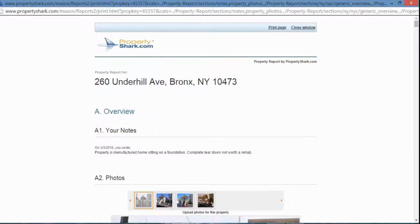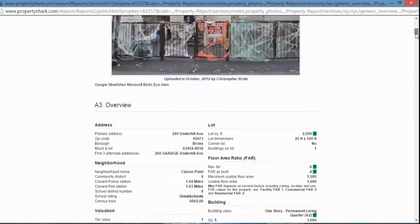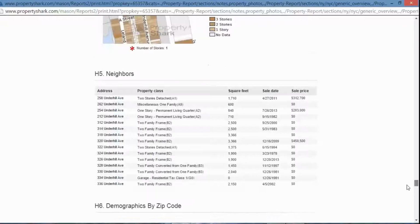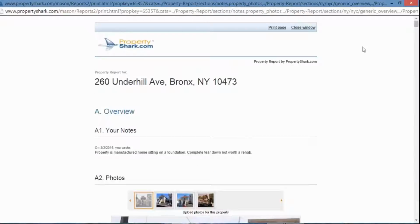And we have karate chopped the crap out of making a decision on 260 Underhill. We're going to pass. And this will obviously be a lot faster on the next go around because we now have the Property Shark report. And so the next strategy is going to be to find another property, and then we will be able to make a very quick decision